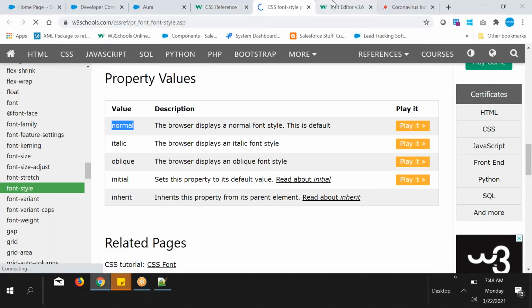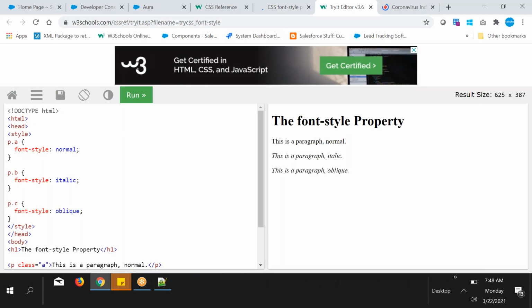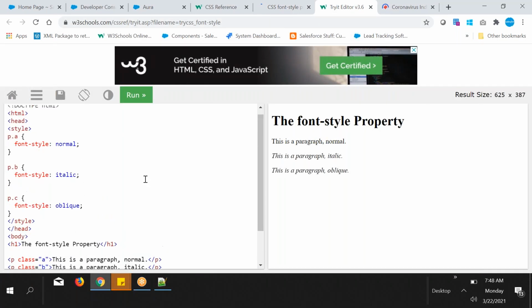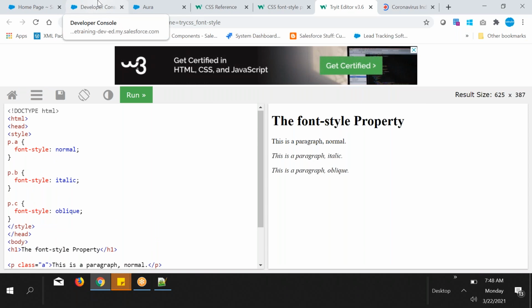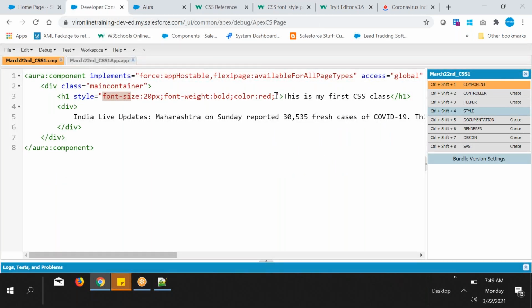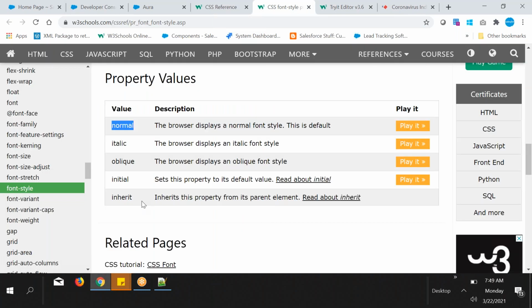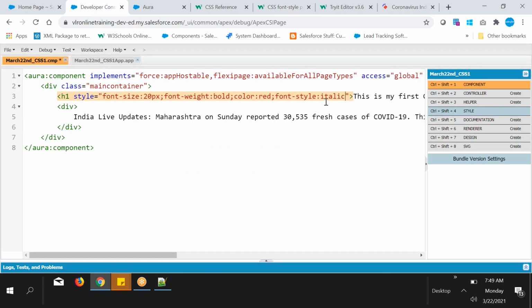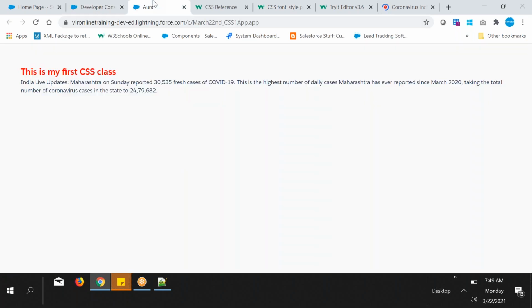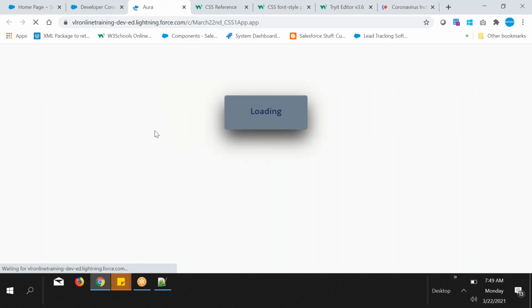So what is the next property? Font style. Let's see here. Font style is a property. Copy it. Font style equal to, and what values do you need to pick up? You can go here: normal, italic, initial, inherit, like that. Press italic, save it, and now this will be displayed as italic.